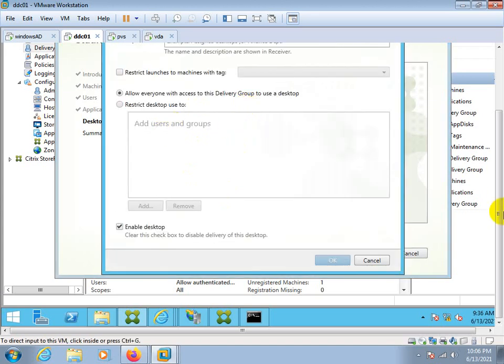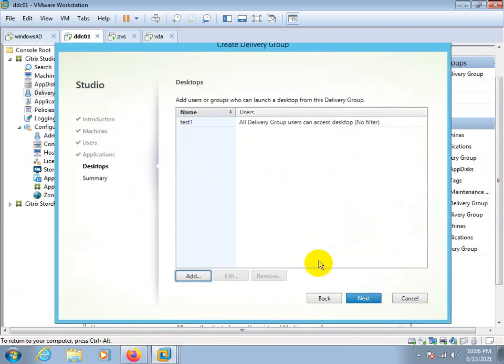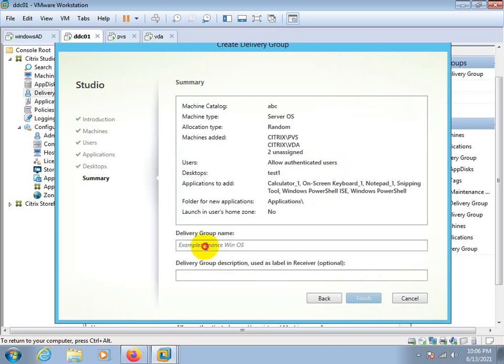Assign desktop. It's TST1. Okay. Allow. I will add or restrict users later. Okay. No filter applied. Delivery group name. Finished.